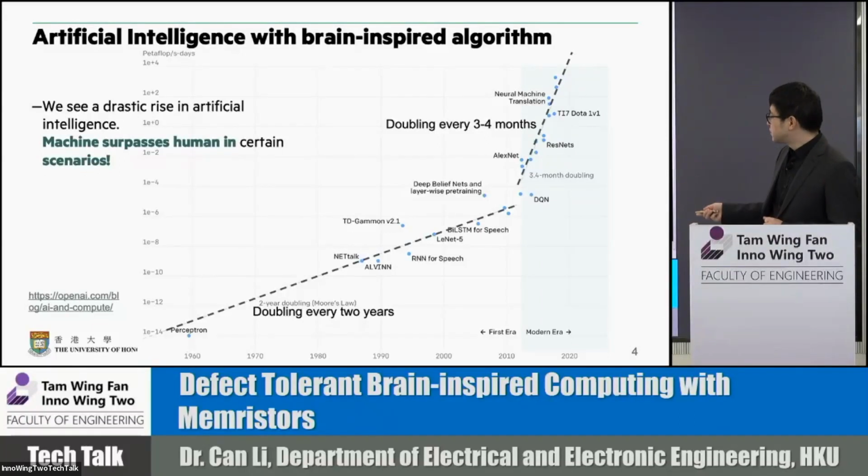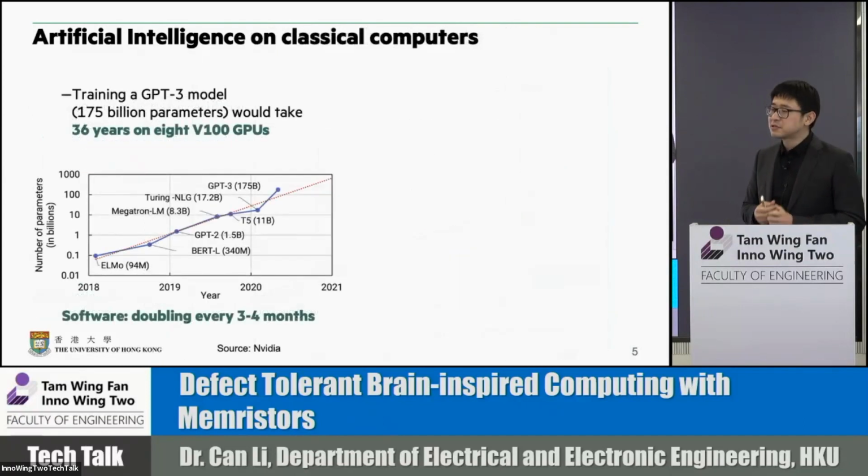And in recent years, we know that everybody is talking about AI, and the trend actually changed. Now the trend is doubling every 3 to 4 months. That's what powers this scary AI. Okay, but there's still a problem,